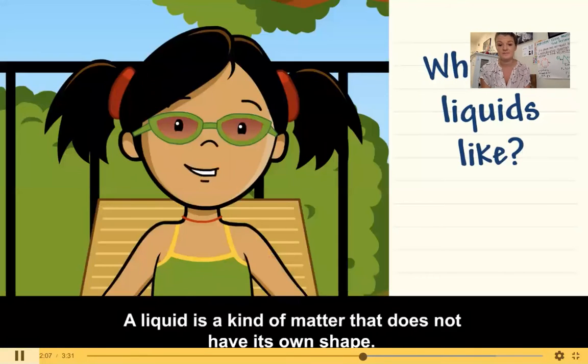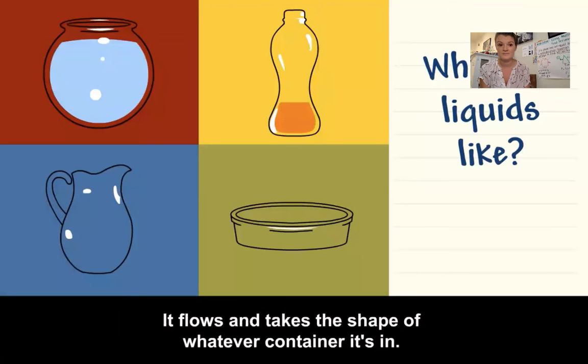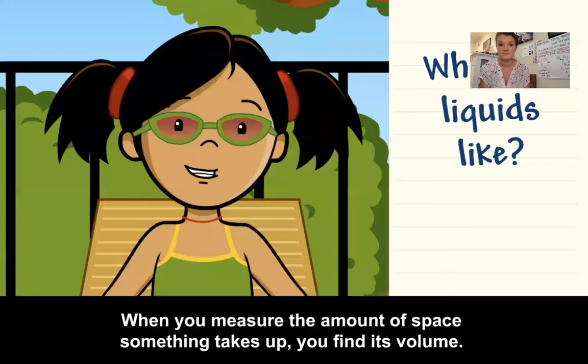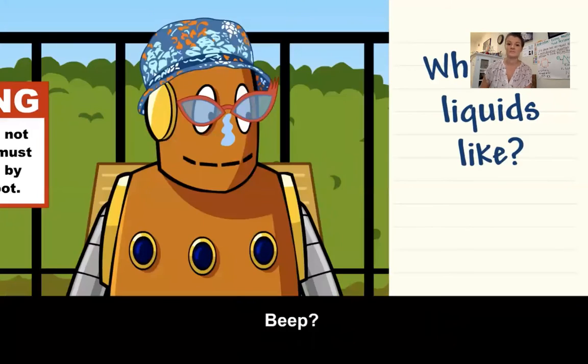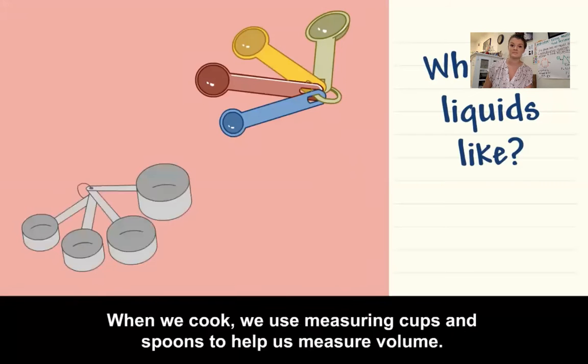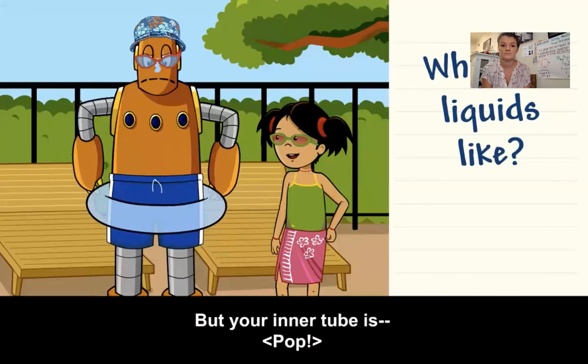A liquid is a kind of matter that does not have its own shape. It flows and takes the shape of whatever container it's in. When you measure the amount of space something takes up, you find its volume. When we cook, we use measuring cups and spoons to help us measure volume. But your inner tube